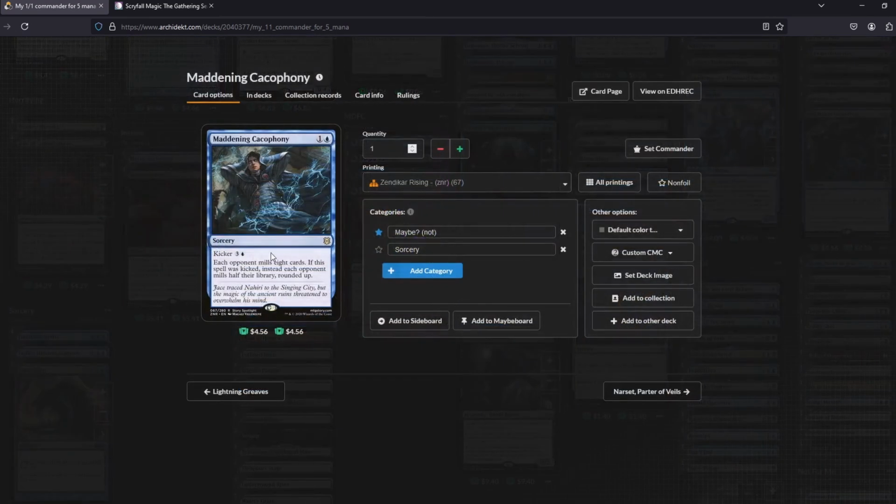Maddening Cacophony. This is in the maybe board. I wasn't sure about this card. It's not for me. But, you know, kicker for 6. Each opponent mills 8 for 2. If the spell's kicked, each opponent mills half their library rounded up. You know, 6 mana, then you play like a Pachuca Bog, or best case scenario, bam, Umbris is